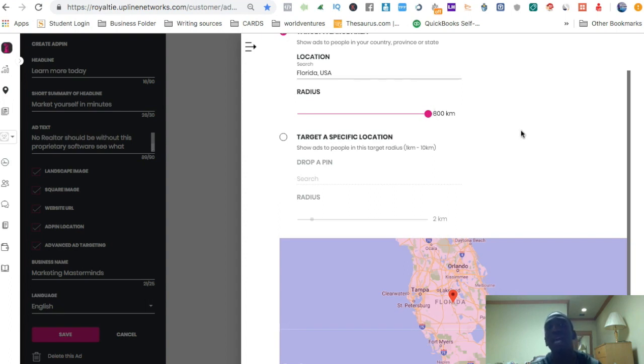So now it's not only that you can choose a specific location, a specific address or zip code or anything like that. Now you get to choose pretty much a whole state. Think about that. Now I know there are some states that may be larger than this particular 800 kilometers, but just think about it. I can target Florida and put it out to whatever amount of kilometers I want,